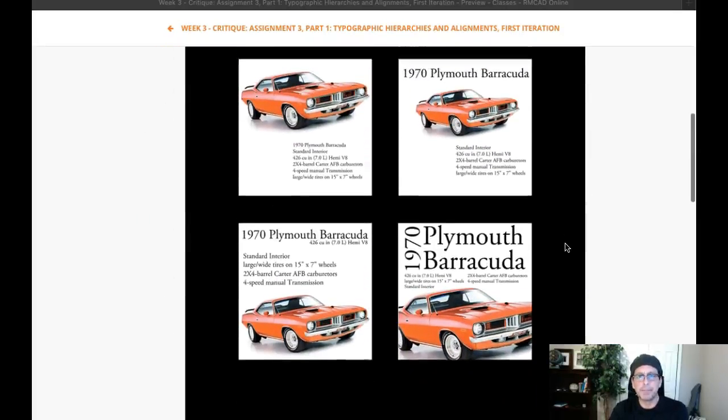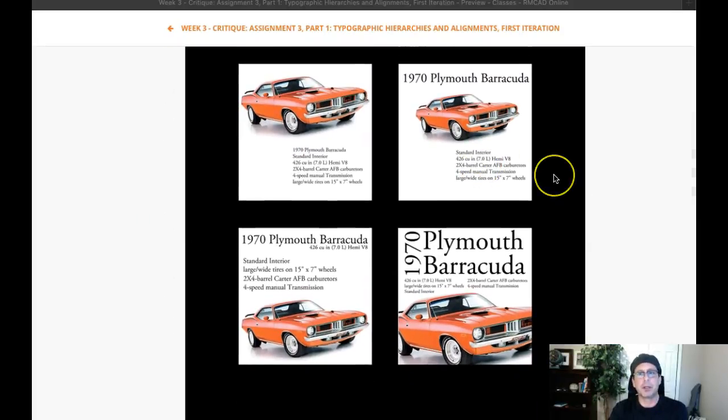I really appreciate that. Okay, so these look good. The first thing I want to mention is they work. I think you're doing a pretty good job establishing hierarchy. There's a couple of things that seem to be missing from the assignments, and namely, I'm not seeing a solid, consistent underlying grid. So the first thing that you should do in this assignment is establish a grid and use that grid for